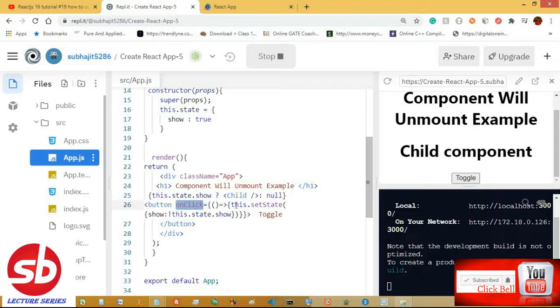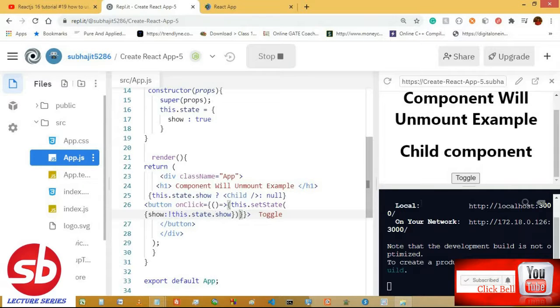Within that onClick function we call this.setState. This.setState actually makes the state change. We are making the show state toggle every time the onClick function is called, so show equals not this.state.show.